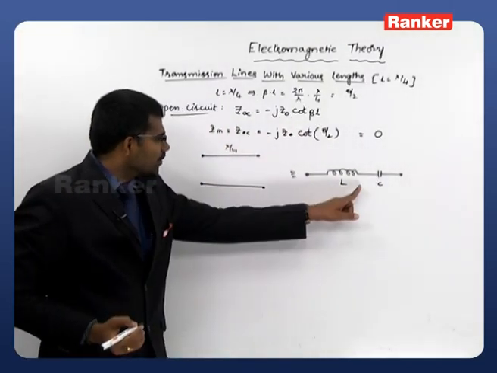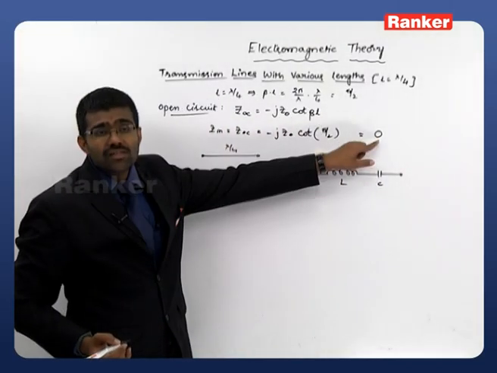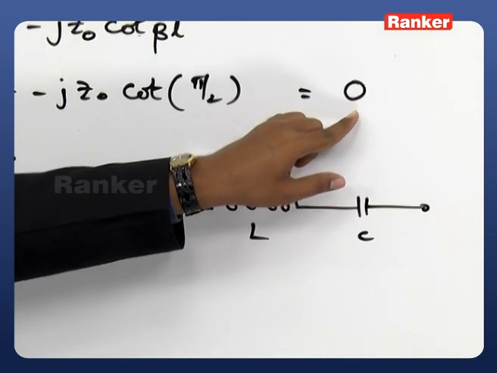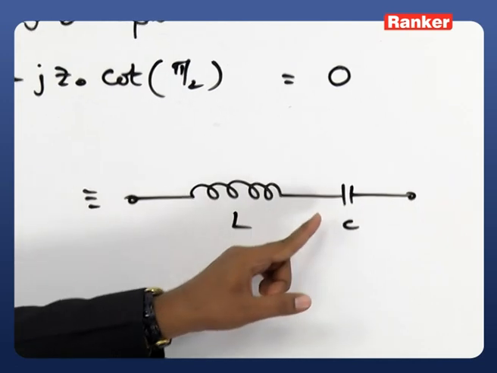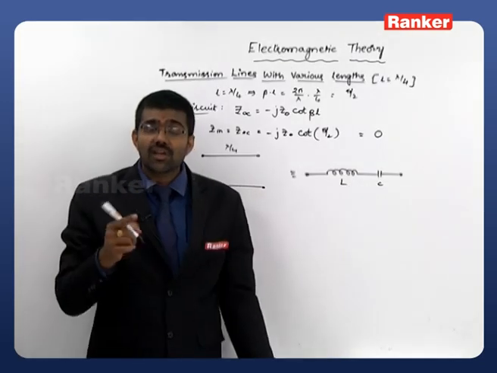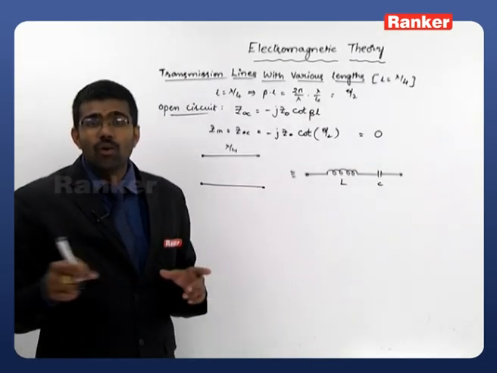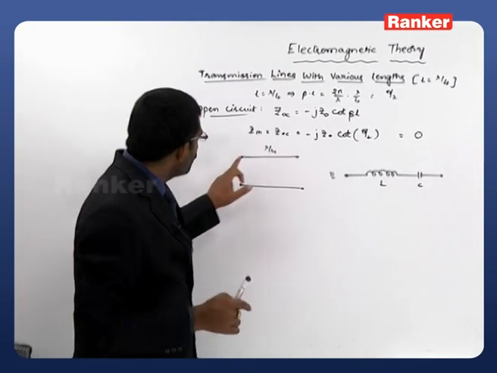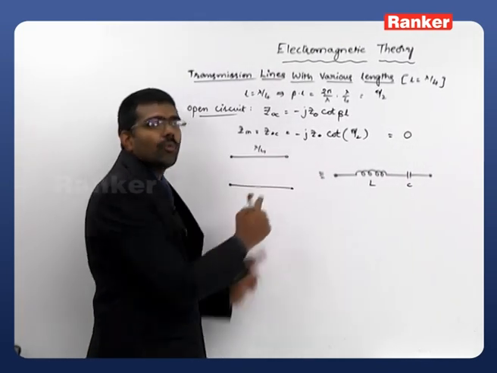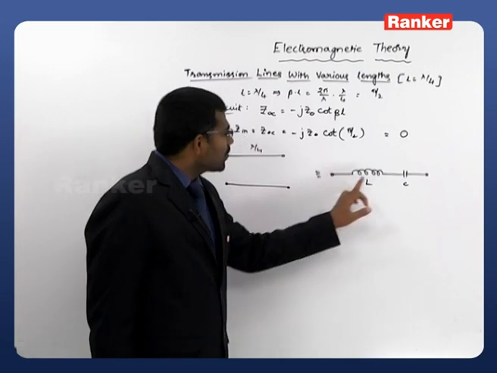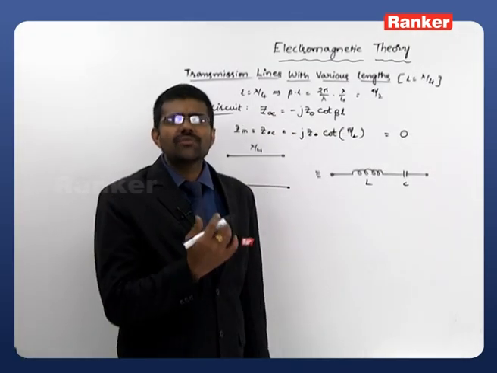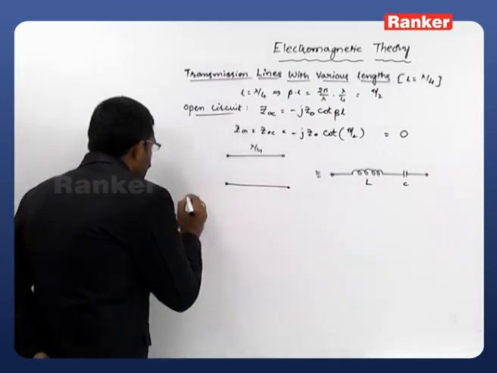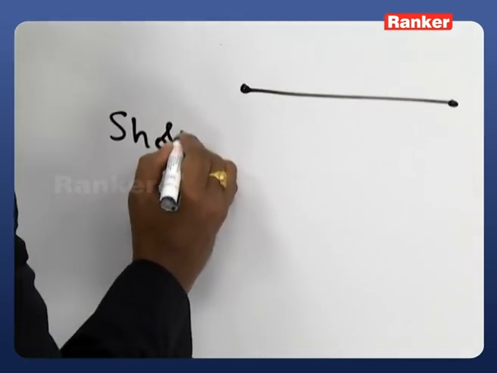Why was this series combination observed? Because the impedance at that particular input is 0. As this is 0, I am taking this as a series combination of L and C. So whenever a series combination of L and C is required in the circuitry, then easily you can use this lambda by 4 line with the open circuit. So this is for an open circuit line. Now I will go for a similar type of analysis for a short circuit line. So for a short circuit line,